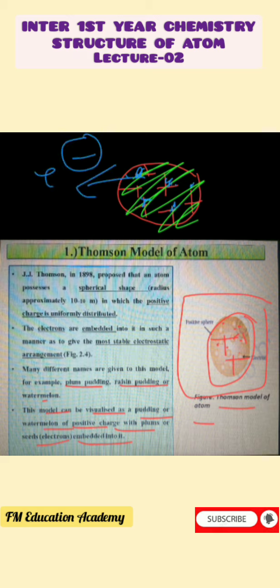But Thomson was awarded the Nobel Prize for Physics in 1906 for his work on conduction of electricity by gases. We saw in lecture 1 that he performed conduction of electricity with the help of gases. In the later half of the 19th century, different kinds of rays were discovered.